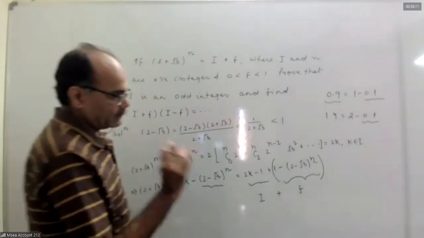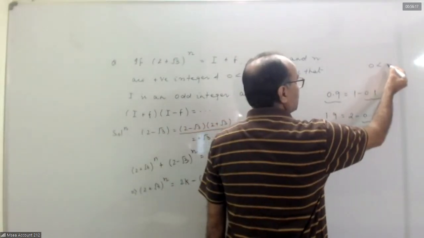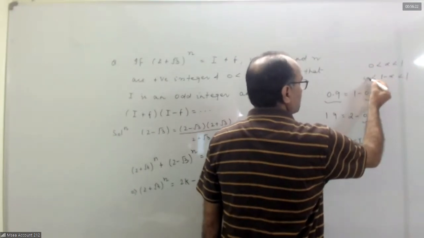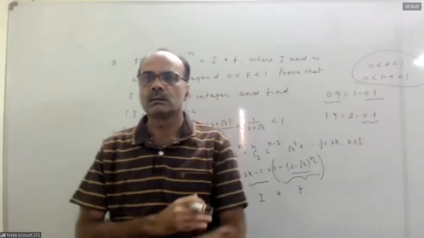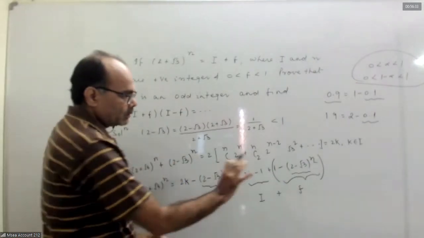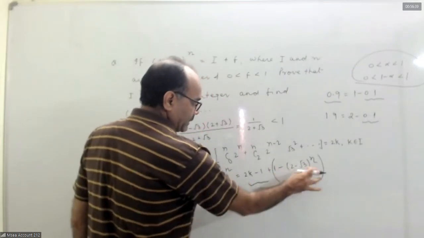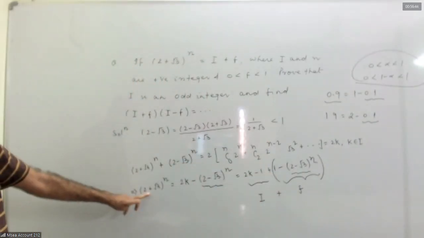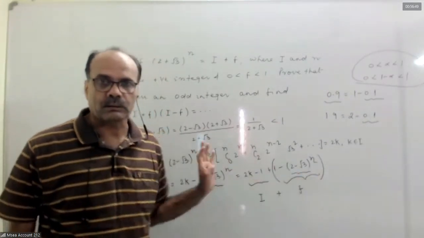Is it? See, this number is in between 0 and 1. Any number in between 0 and 1, then 1 minus alpha will also be in between 0 and 1, if alpha is in between 0 and 1. Is it correct or not? Correct, sir. So since this number alpha is in between 0 and 1, 1 minus alpha is in between 0 and 1. Now we have here plus. So what is the integral part of this 2 plus root 3? 2k minus 1, that is I, and this is the fractional part.